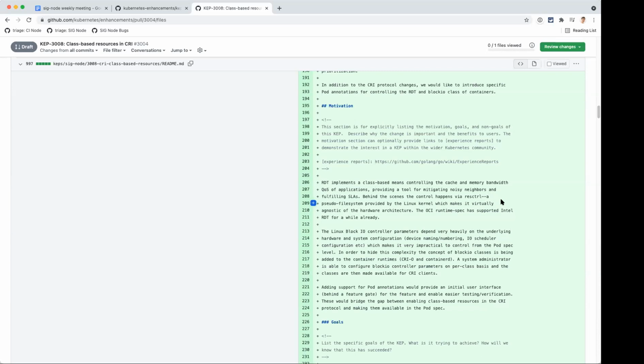So the motivation was initially to make Intel RDT supported in Kubernetes, and then with that came also the idea of block IO controls. The goals